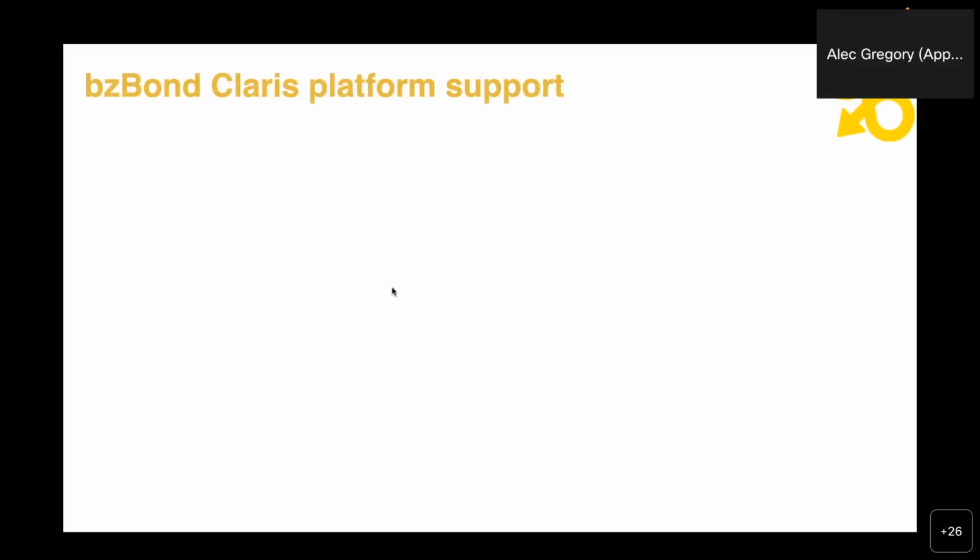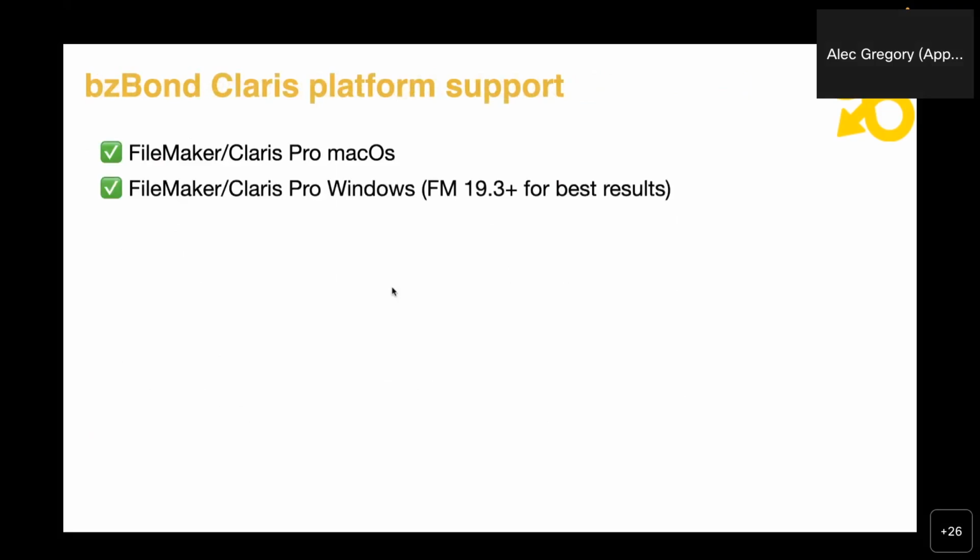Okay, so just to reiterate, or maybe for the first time, just clarify how the support for bzBond works. It's supported platform-wide in some form or other, so it includes WebDirect, it includes FileMaker Go. You may see some quirks in Direct and Go. We haven't done as much testing or deployment, although we have done some, more on WebDirect than Go. There are certainly differences to how web viewers are handled in WebDirect and FileMaker Go, but you should be able to use